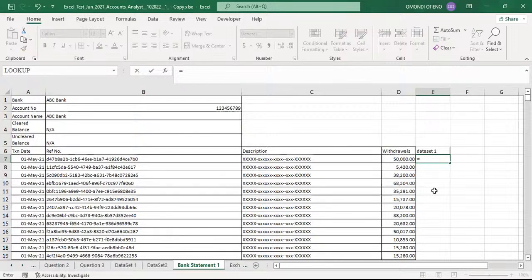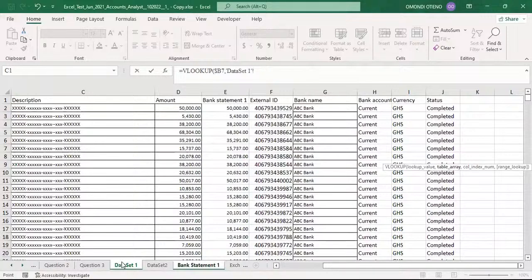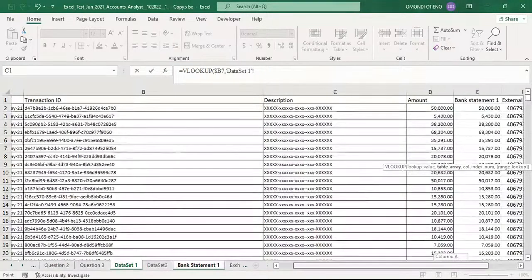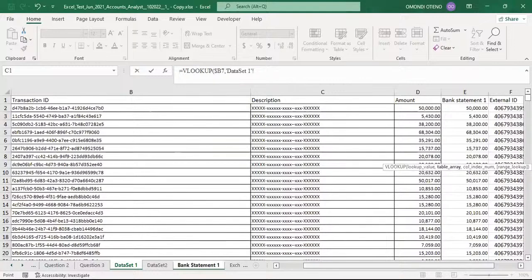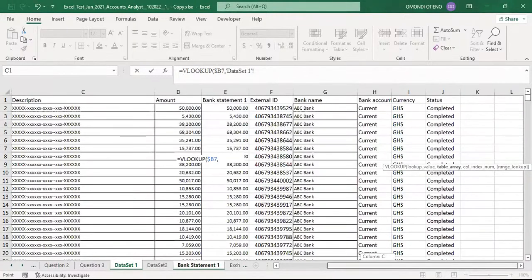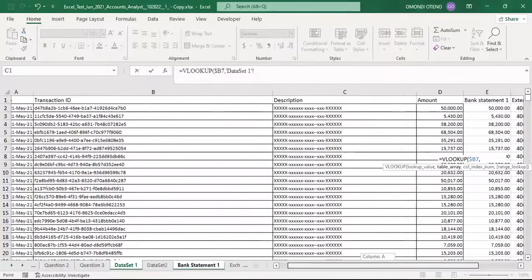Equals VLOOKUP. What's our lookup value? It is this transaction ID in column B, our reference column. So we have to place a $ sign before letter B, comma. Our table array is the other table. So what is the other worksheet? It is now the data set 1. We only need to compare the transaction ID and the values, so we don't need this extra information. We only need it to give us the